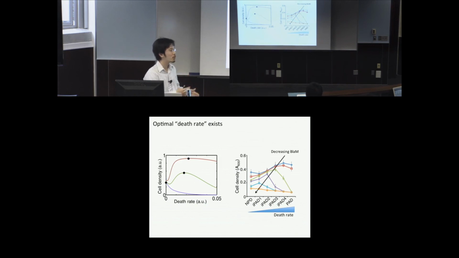But maybe if you mix different strains, that would matter, like how much lysis is happening and how much beta-lactamase is released. Of course, if you lyse more and release more publicly, you may be more prone to cheating. But I didn't study mixture dynamics in this study, so that's something interesting. Didn't you have a supplemental figure? Yes, I did. One of the referees might have asked for that. That's just to show that this death is indeed altruistic. If you mix the control strain and the suicide strain, the control strain takes advantage of the suicide strain, so the frequency changes over time. That's just to show that this is indeed a social behavior, a public good.